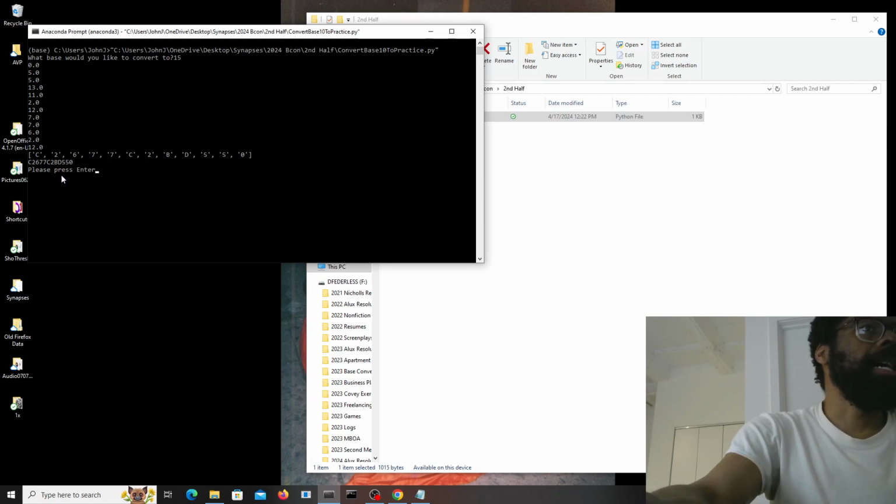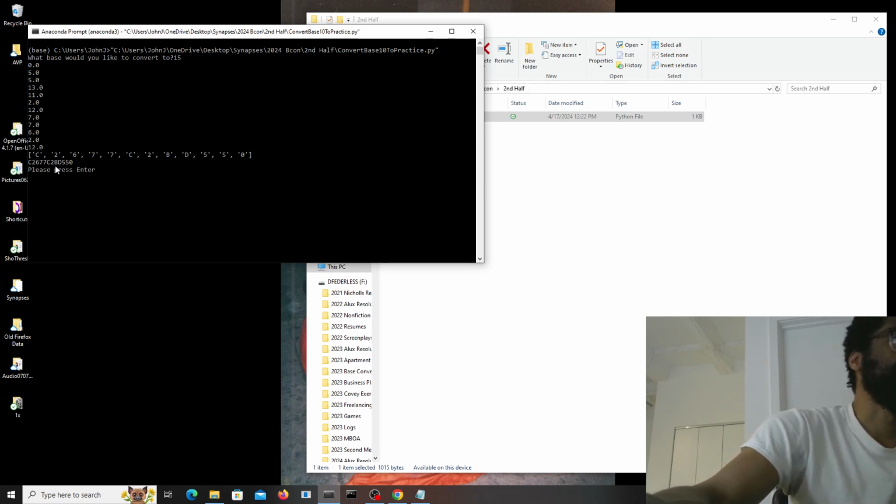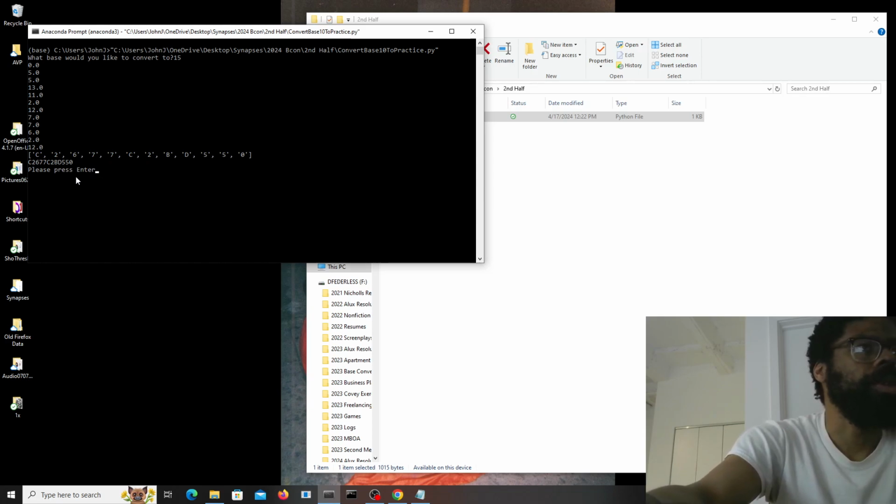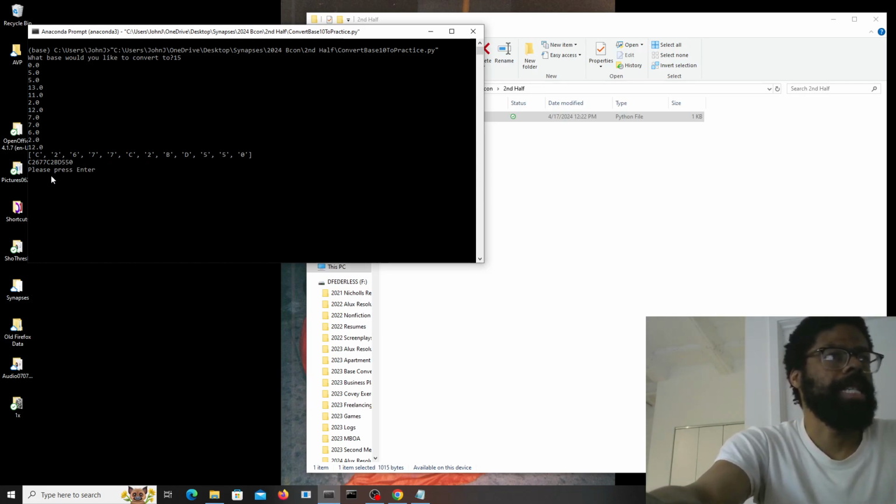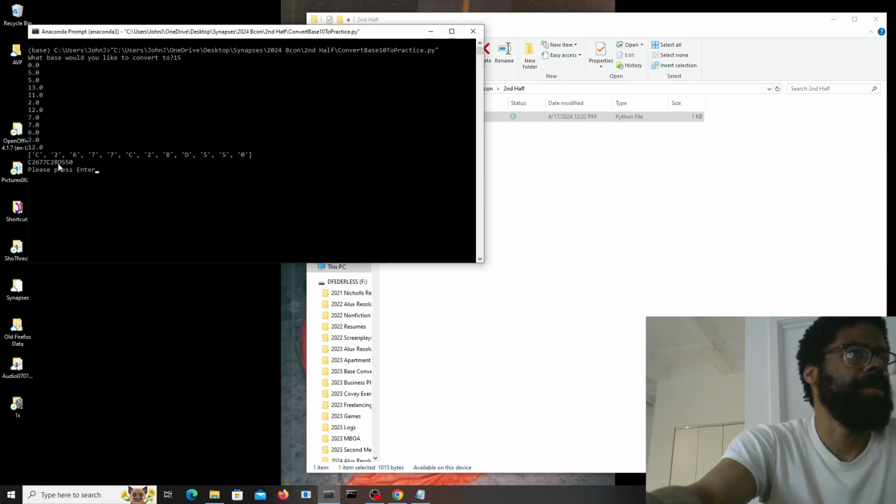So that is 105 trillion in base 15. Actually, it might go up to E, because 0 to 9 is 10 numbers, so ABCD would probably only go up to E instead of just D. I could possibly get up to E, but the thing is that